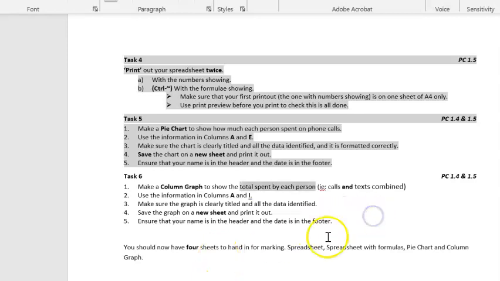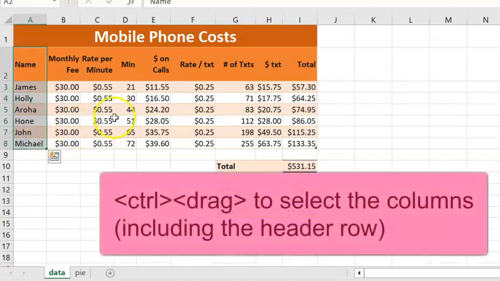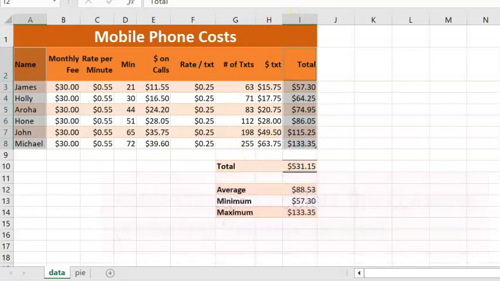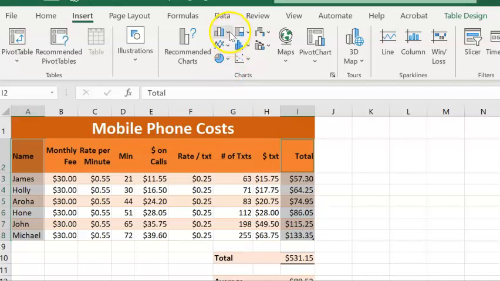Our task is to create a column graph using the information in columns A and I. The heading is going to be total spent by each person. In our Data tab, we can select the information from column A, hold down Control, and select the information in column I. Then we want to go up into the Insert area, and this time we're going to choose a